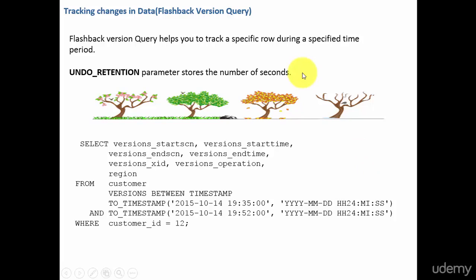So if you want to see how the region value changed in the customer table between this time and this time for the customer ID 12, you can see that. So, version start scan number. It just assigns a number, and this is the start time. And again the version ending scan number and the version ending time, and it gives an ID for the